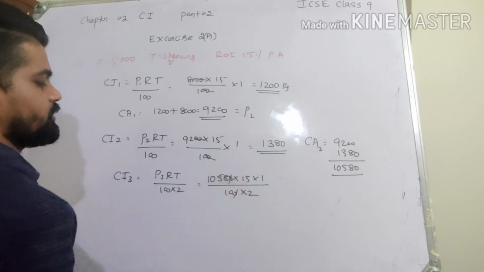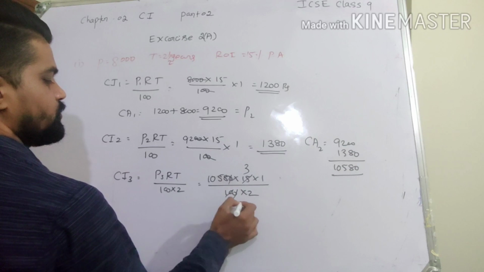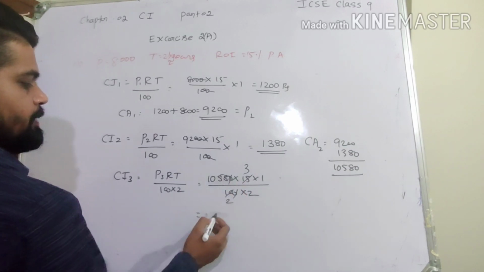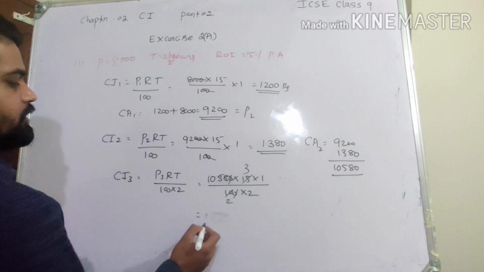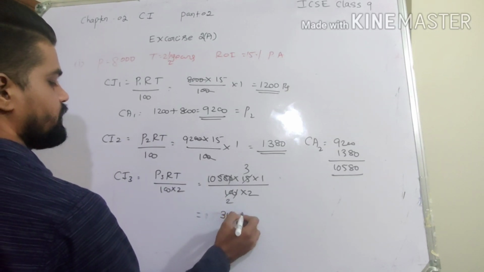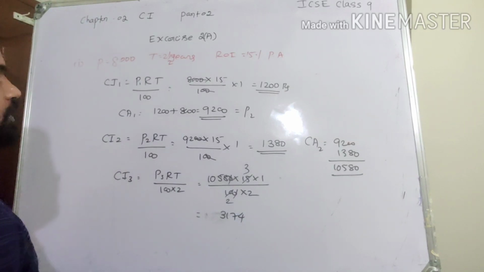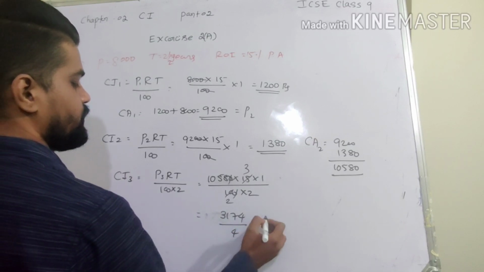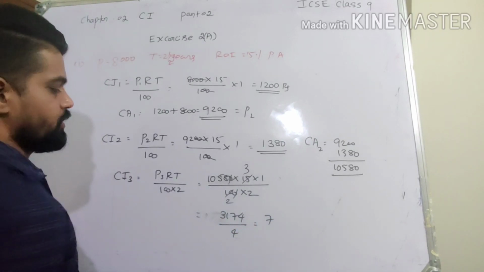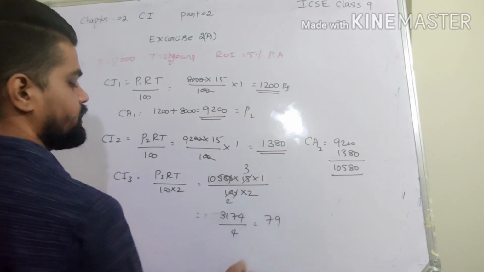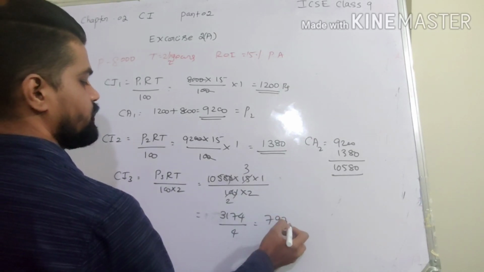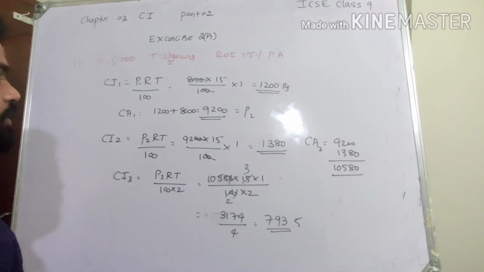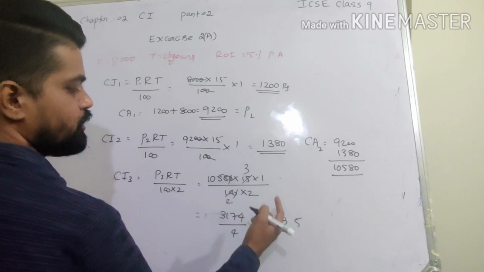So the zeros cancel. 5 3s are 15, so it will be 150. 3,174... yes. So it will be 3,150, 3 8s are 24 divided by 4. So we end up with 4 7s are 28, we end up with 37, 4 9s are 36 and 4 3s are 12.5. So this will be the interest. Okay, it is lesser than this because it is only for half year. It's not for 1 year.